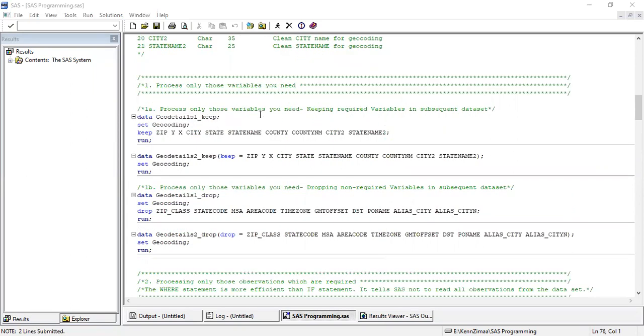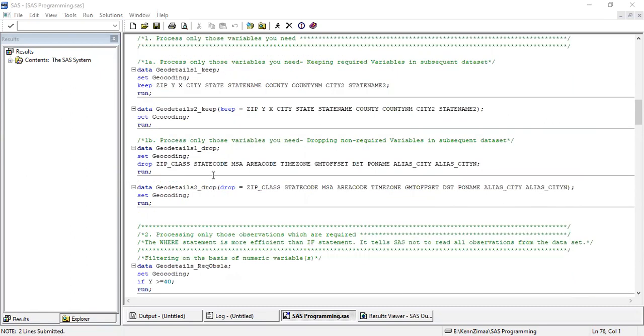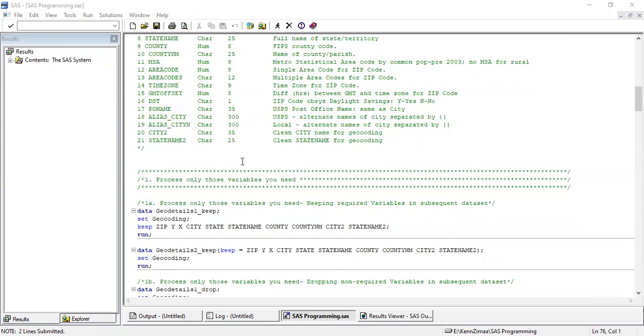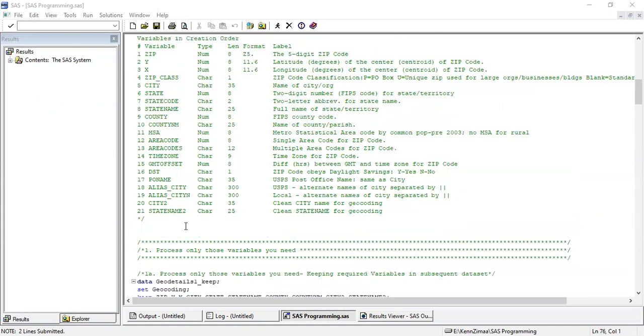So the first process: there can be conditions where your data set contains multiple variables, but finally you need only a few variables out of them. For example, in my data set here, I have 21 variables.